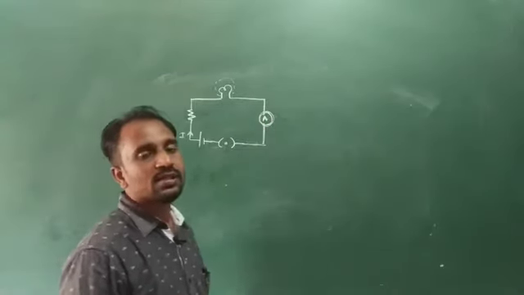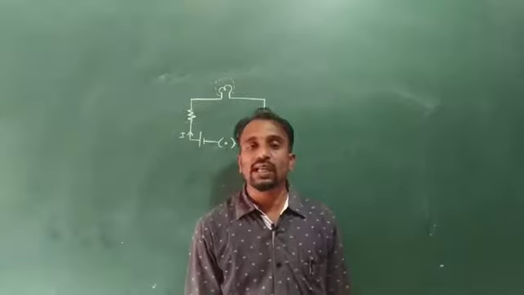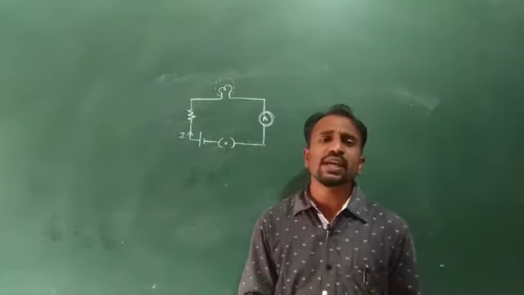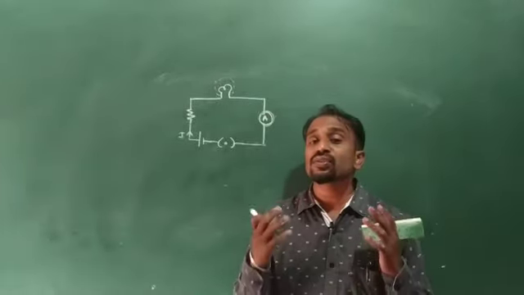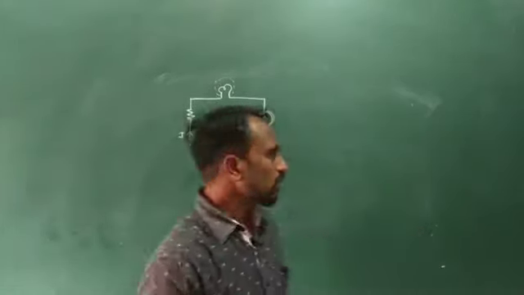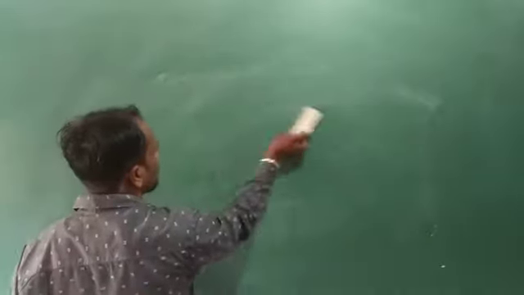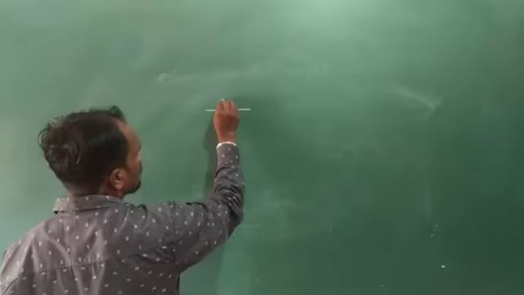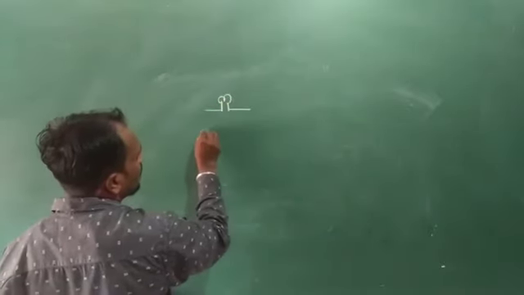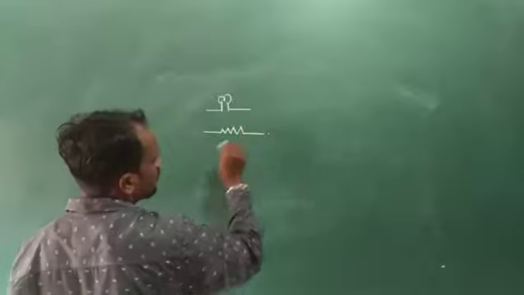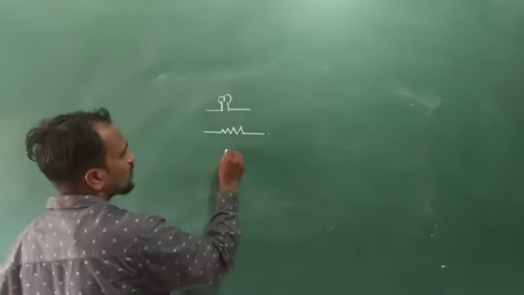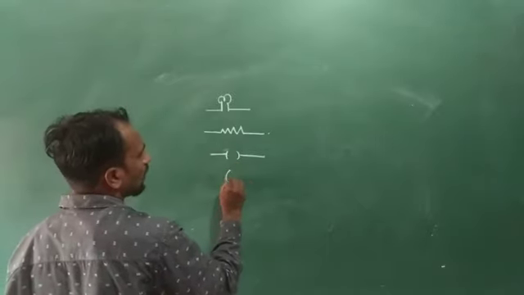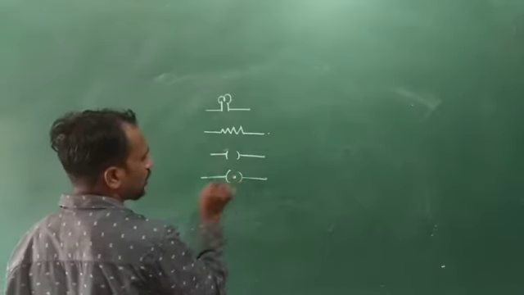It means an ammeter is a device used to measure a small electric current in a circuit. Another one is a voltmeter. It is a device used to measure potential difference across the two ends of a conductor. Okay, so here we consider some circuit diagrams. First one we consider a bulb. Okay, so this one is a bulb. Another one we consider a resistance. Another one is a key. So this one is an open key, and here this one is a closed key.